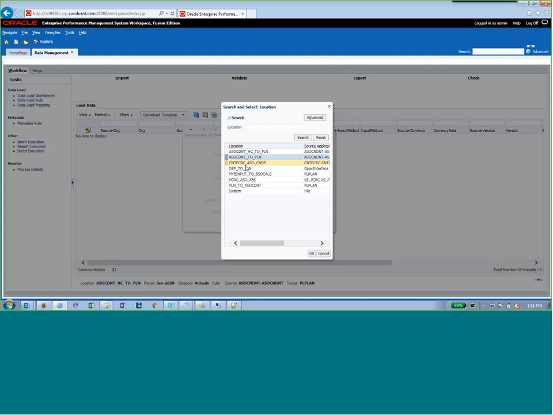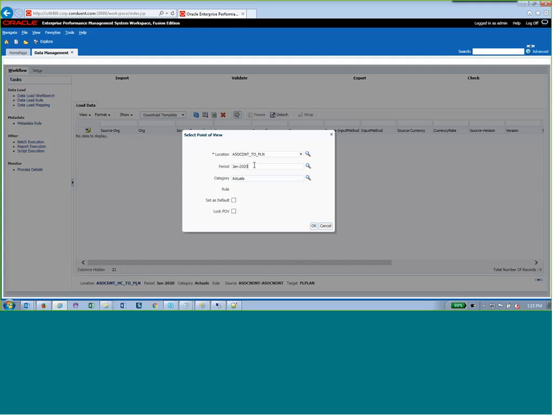Okay. So right now, this is an integration that utilizes a data sync integration, meaning that it's an EPM, Enterprise Performance Management, to an EPM application. So it's a synchronization between two applications. So I named it with the convention of ASO Conduit, which is where the source is coming from, and where we're going to load it to, which is to planning. So I'm going to click onto this location, and I'm going to change this to,